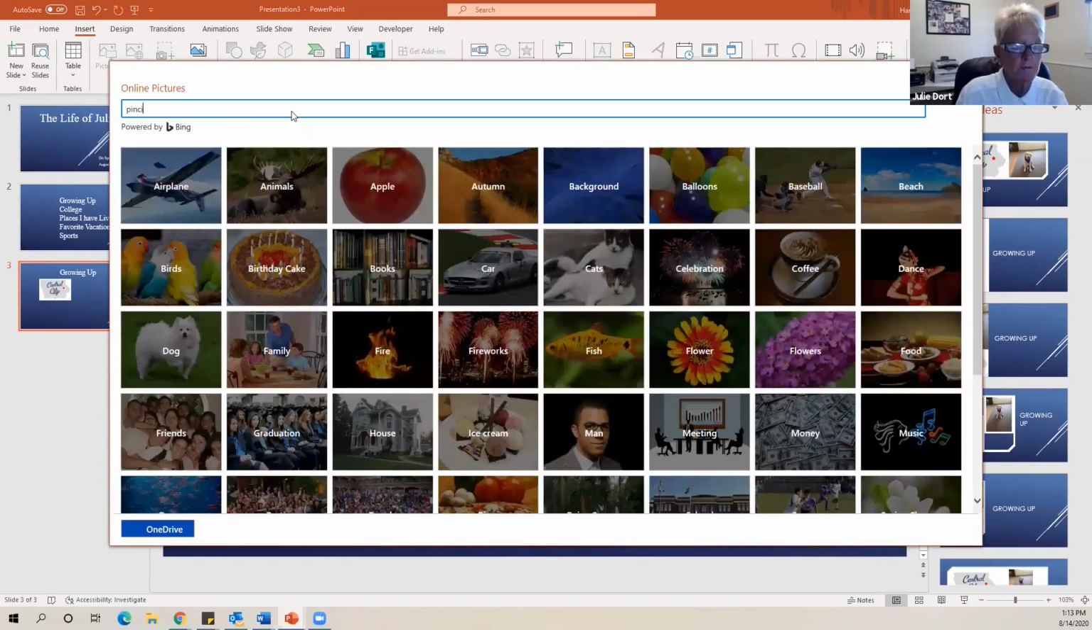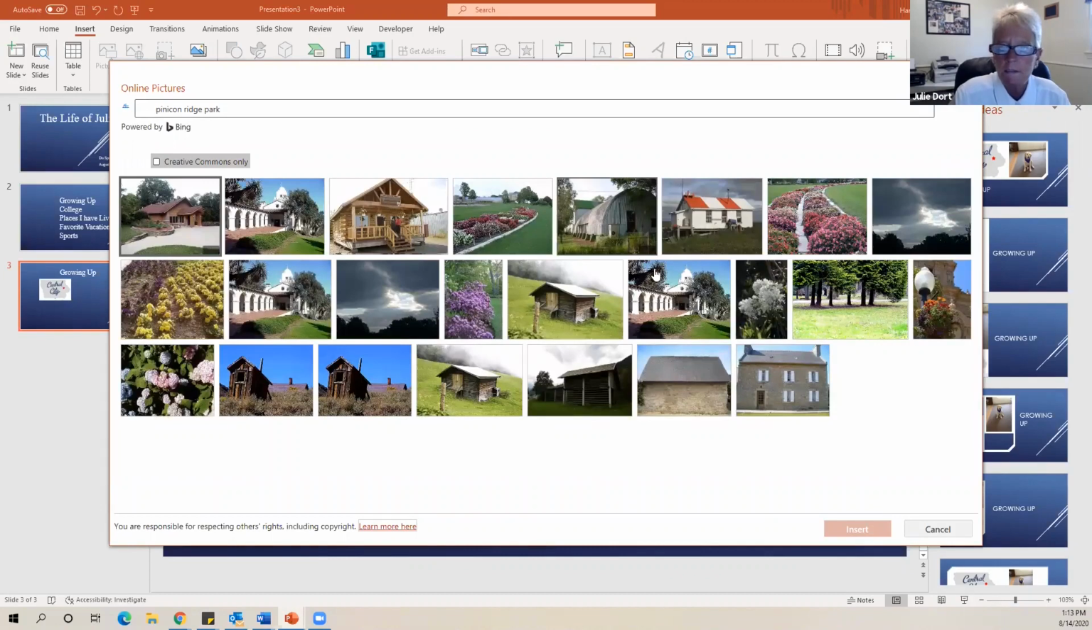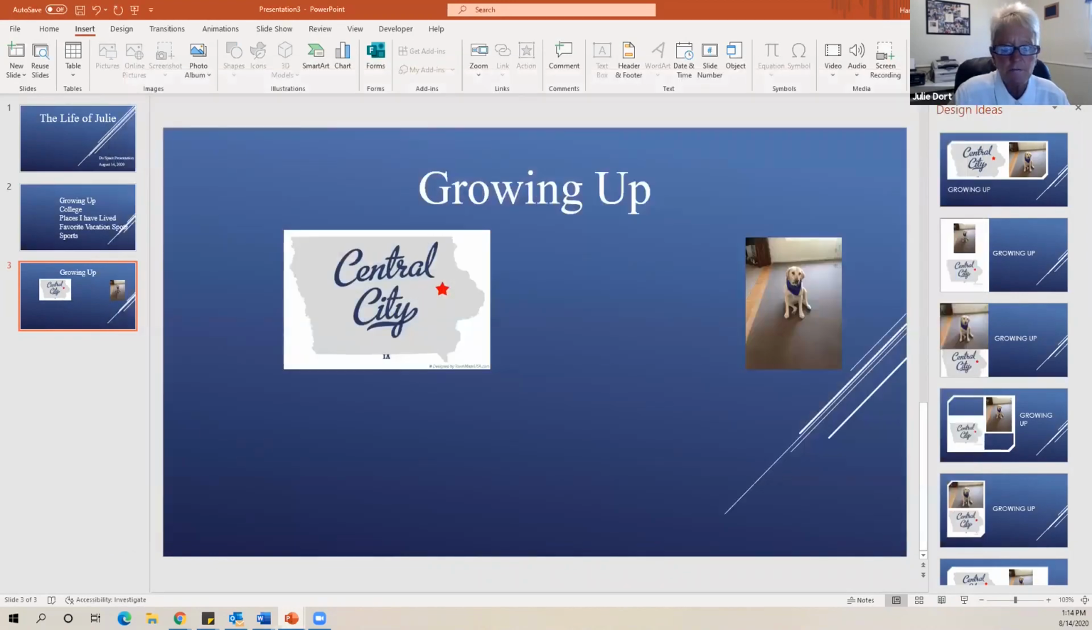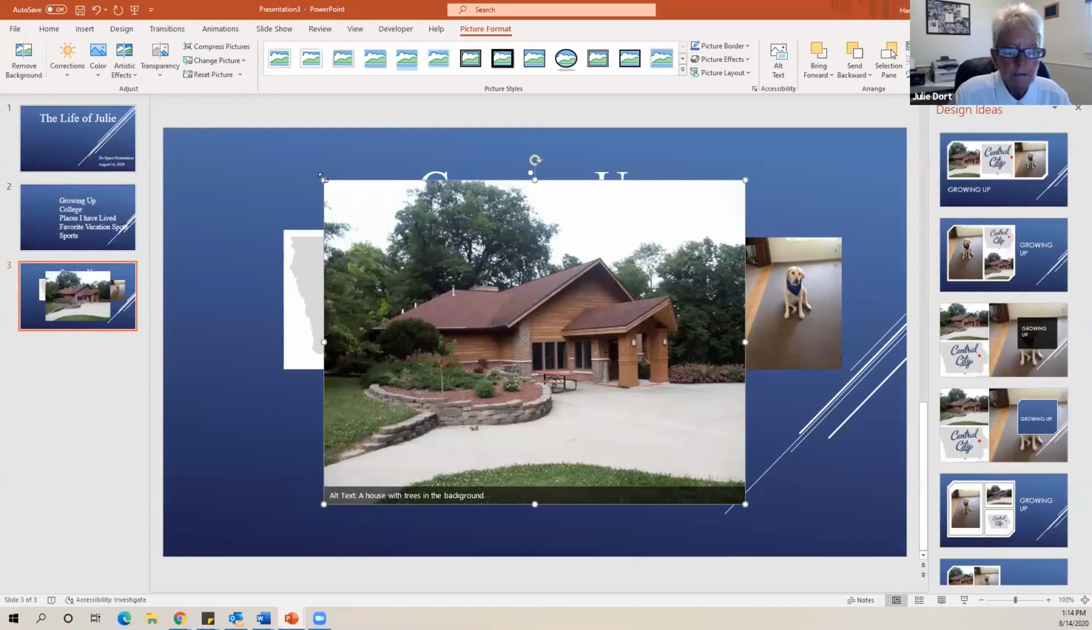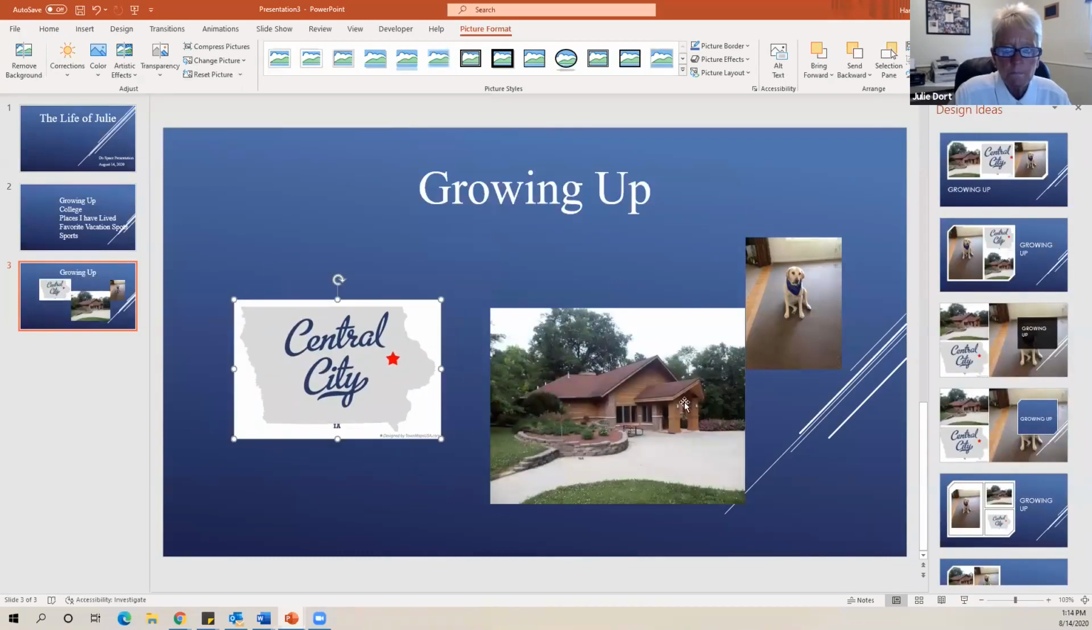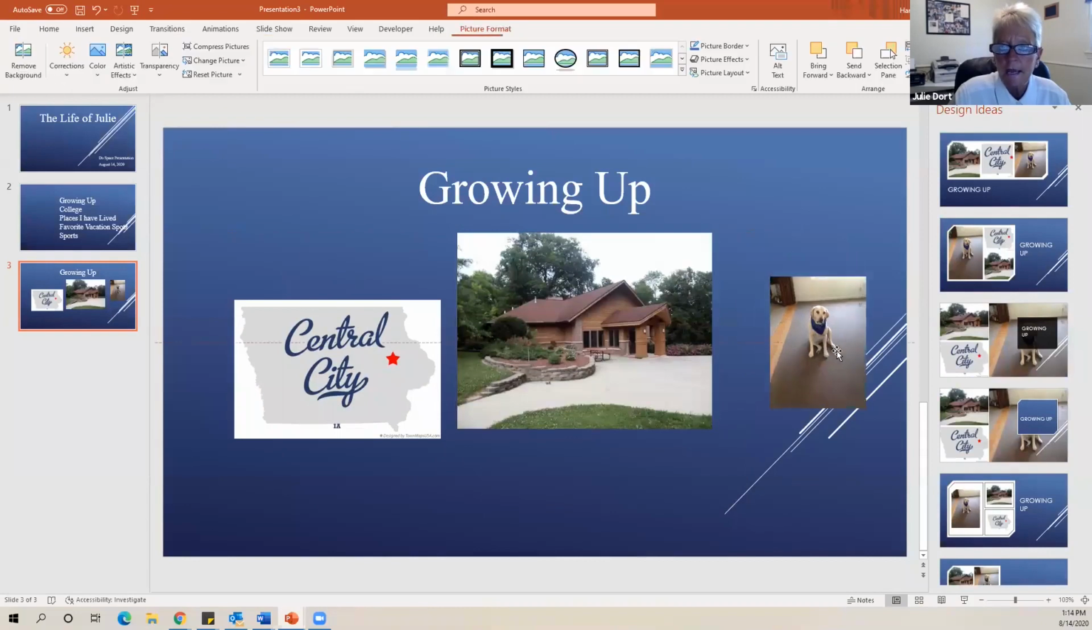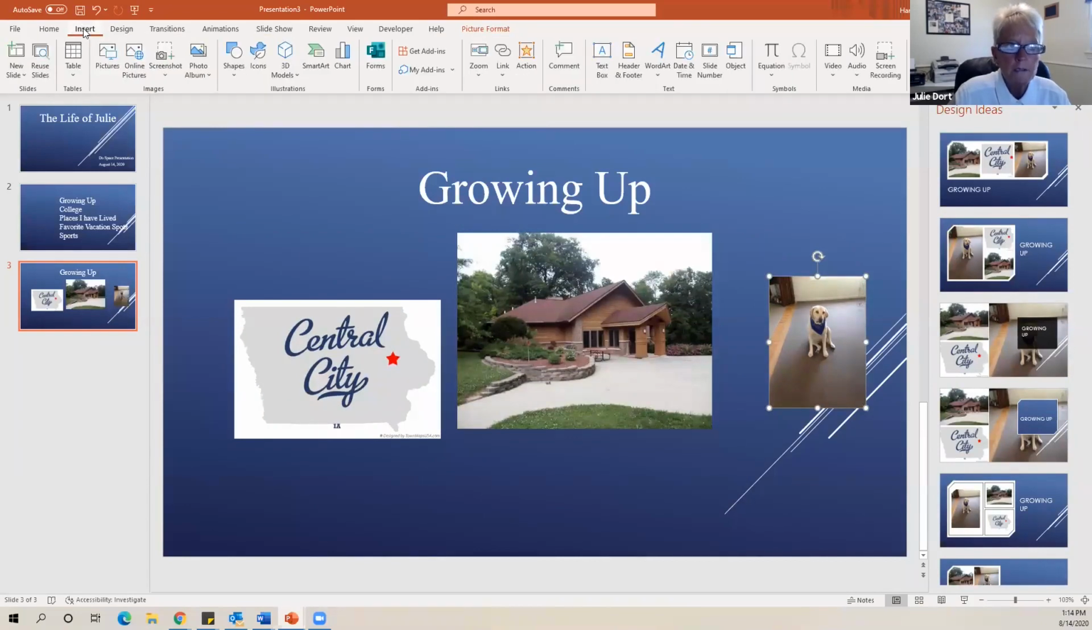And this time, maybe I'll just type in Pine Ridge Park. Let's see what we can find. And there's a picture from within the park, so I'm going to go ahead and insert that one. Okay, so looking at inserting pictures, that's one approach that you can take to insert pictures. You can either take pictures that you have saved to your PC and insert them, or you can search for